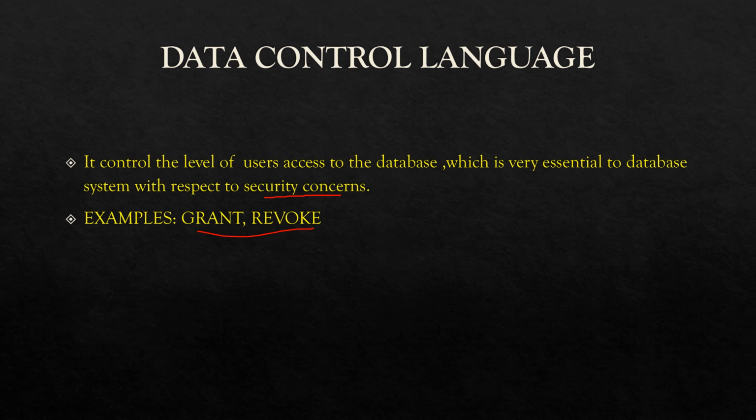But in the case of DCL, it deals with the access control of users. That is, how can users access the data in the database? There are different levels of access control, or different types of permission for users to access data in the database. These are provided by DCL commands. So these are the three types of SQL components.